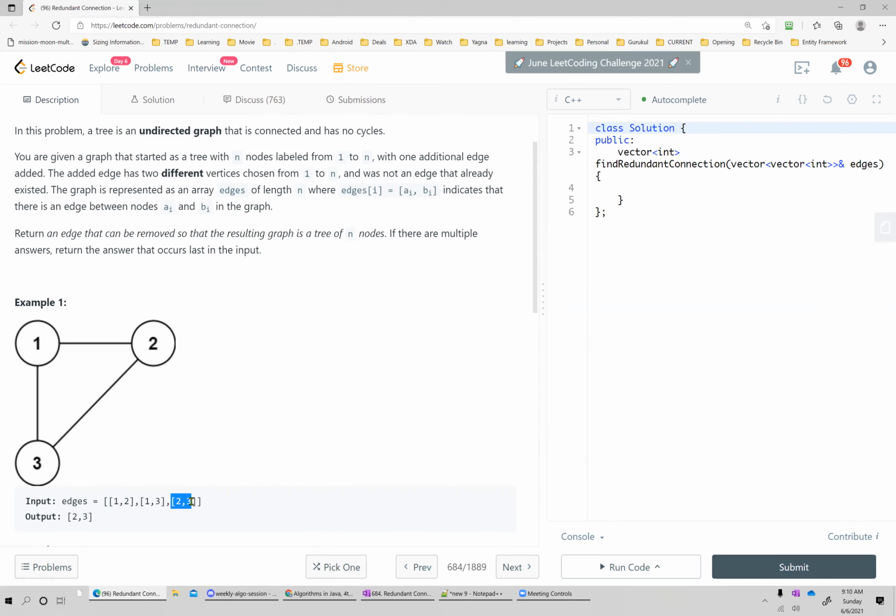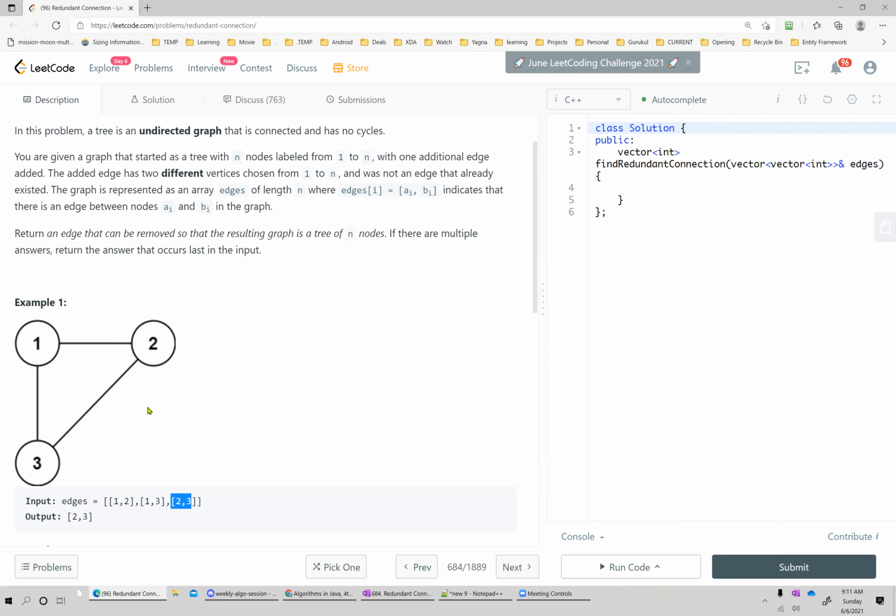Now there is a 2 and 3. Even if we connected 2 and 3, it doesn't matter because all three elements present in these edges are connected, right? So 3 and 2 are connected via 1. So this is the extra edge that we have to remove.